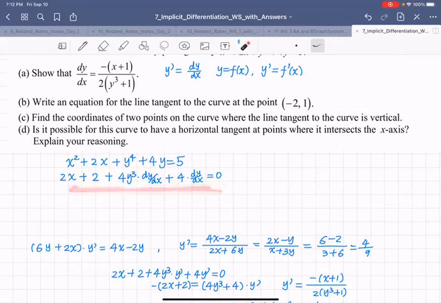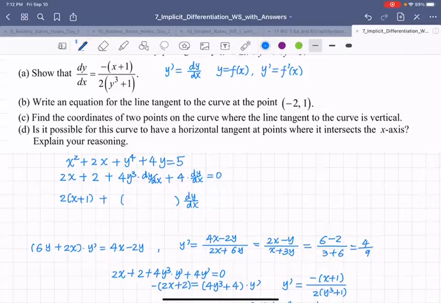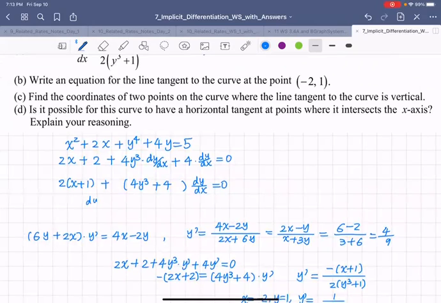Next, let's find that. Go ahead, combine the terms. We do 2 times x plus 1 plus, who? 4y cubed plus 4. Very good. You do very good. And then dy over dx equals